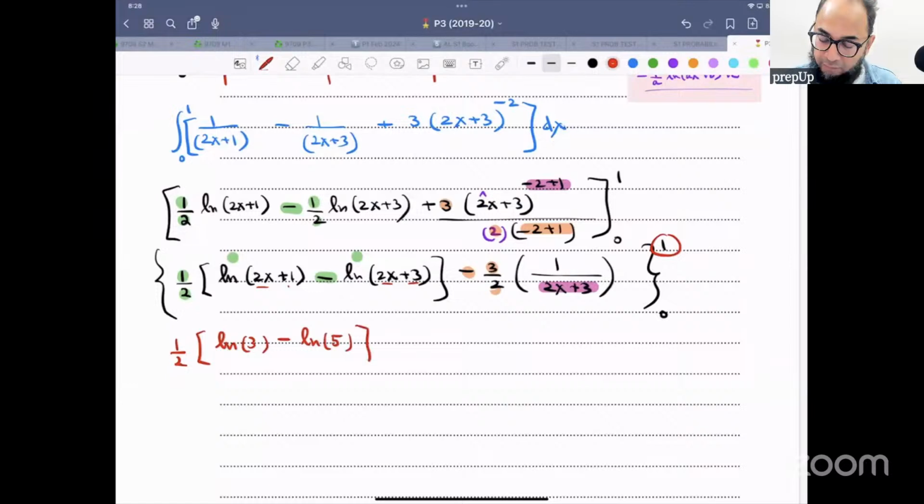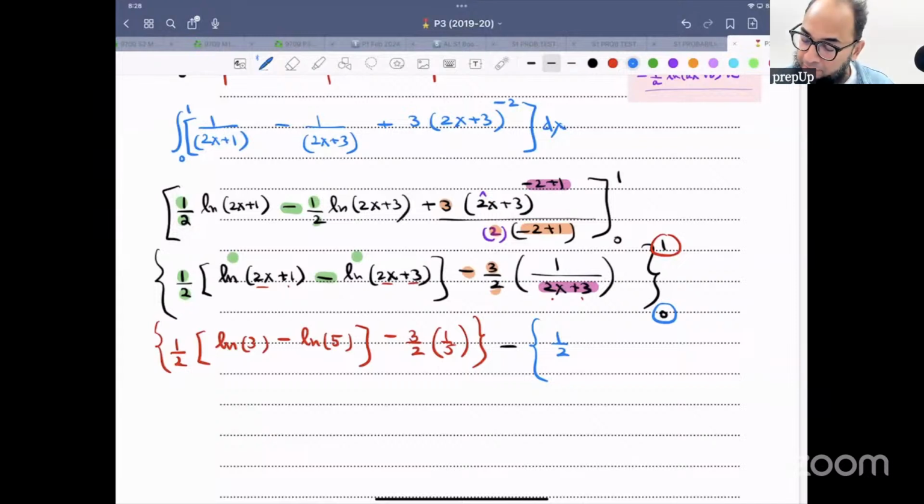All good. This is minus 3 over 2. 2 plus 3 is 5. So minus 3 over 2 into 1/5. All good. Curly bracket. Then black marker. Then another curly bracket because of this thing. 0. So this is half